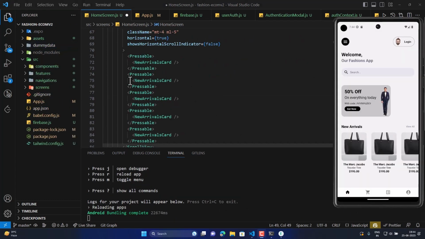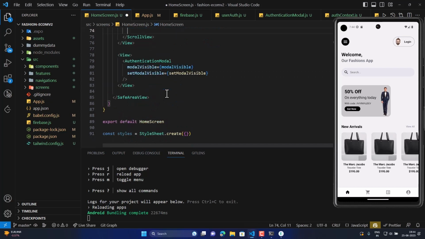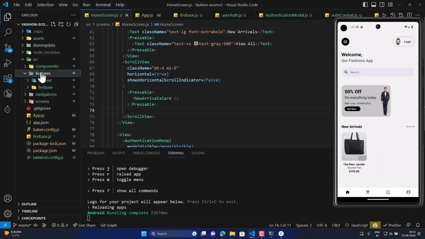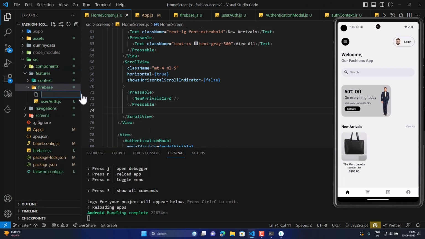Let's start building. First we delete this duplicate data. Let's hit save. Now it should show only one data. Now you can see there is only one data. Now we are going to fetch the data dynamically. For that we are going to get into Firebase, create a new file called